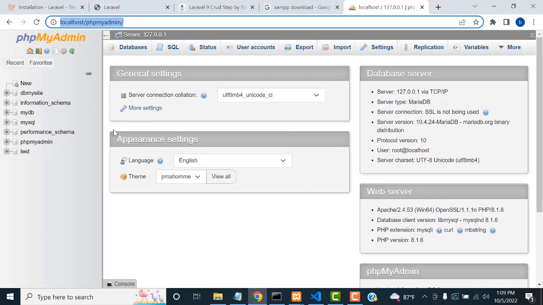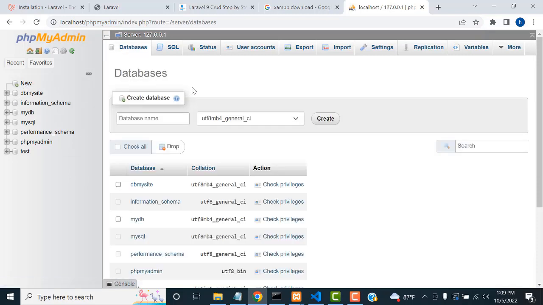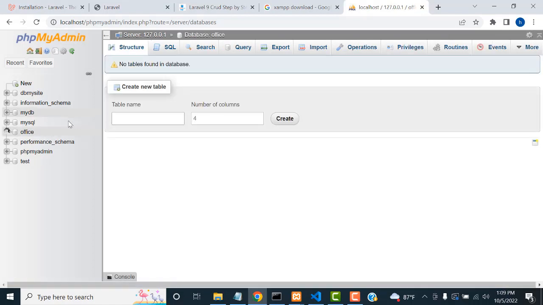Now on this screen, I'm going to create a new database. Simply click New and create the database here, office. You can give whatever name you like. For example purposes I'm going to create it as office. Right. My database has been created successfully. That is what you have to do. After the database is created successfully, you go back to your